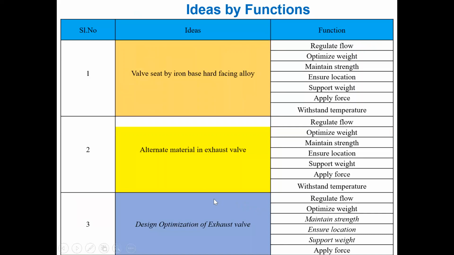Here, I will give one understanding about ideas by function. You should always look into various ideas. For regulating flow, you need to collect n number of ideas. Not that one idea will be applicable for all the functions. So what you have to do is go in a reverse direction. You have to put regulate flow, and you need to collect 6 or 7 ideas for that particular function alone. So here 6 ideas, here 6 ideas.